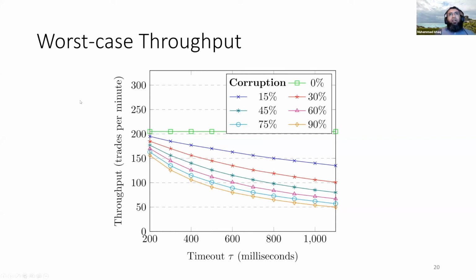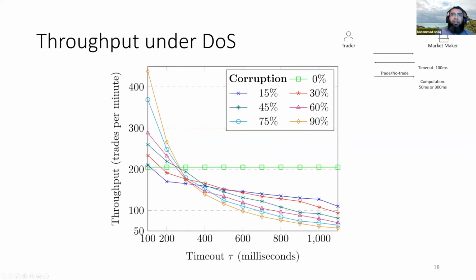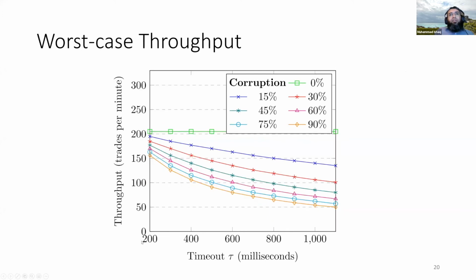This is not a rational adversary, but even in this case, if you stick to the realistic and recommended timeout parameters of about 100, you would not see any change. Notice that this x-axis starts at 200, because if we had started at 100, we would see exactly this pattern here. The reason is at 100, the adversary has no budget to wait for.